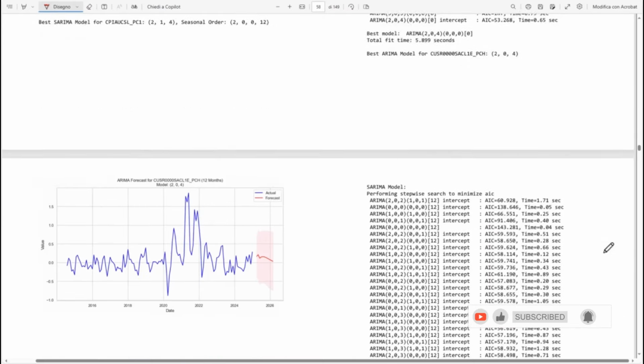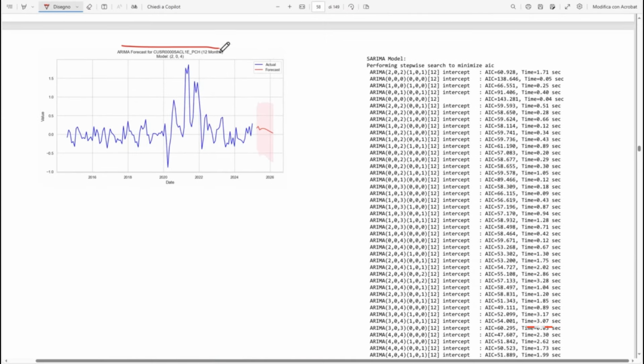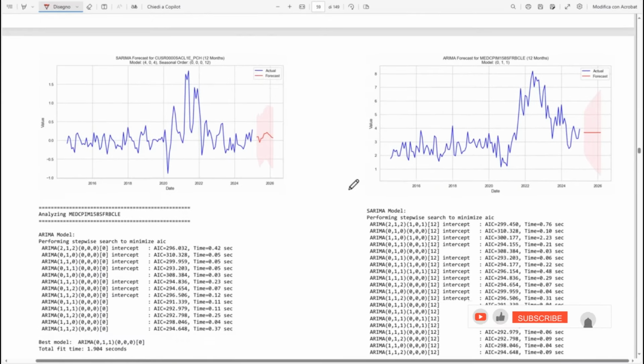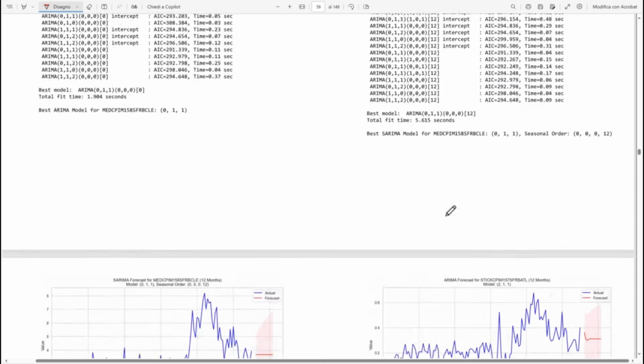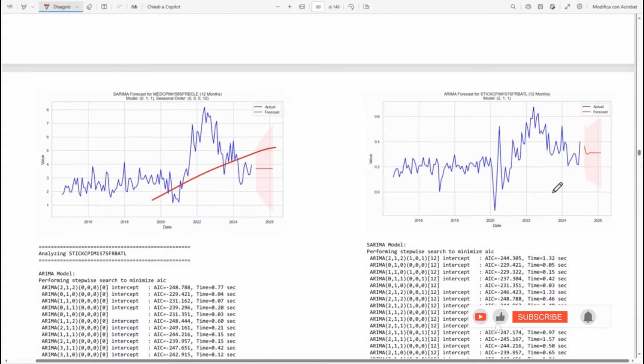Anyway, this is another measure of core inflation for all commodities. It should be declining month to month. Also the SARIMA forecast is more or less the same in trend here. This one we can discard. This one is not good. This one, sticky prices, not so great. But anyway,